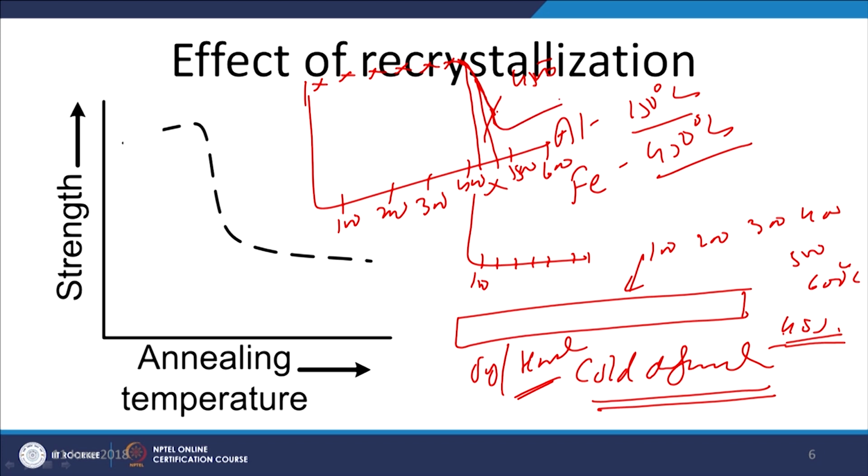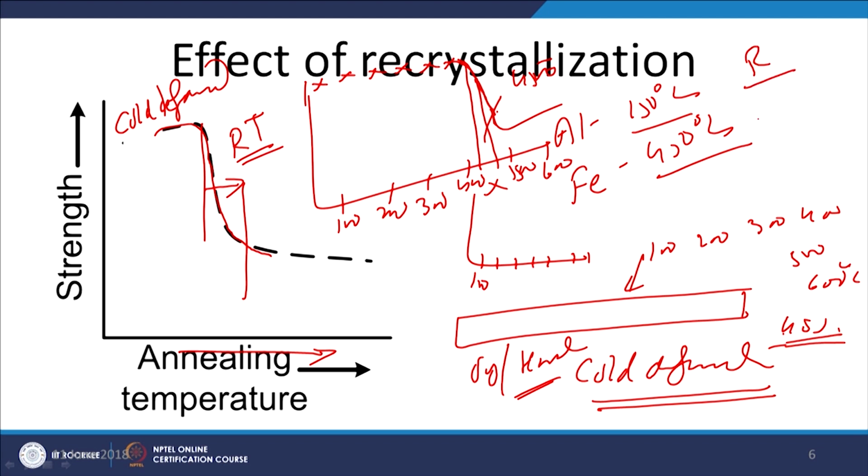So, this is what we can see here. With the increase of annealing temperature, a cold deformed metal is subjected to a drastic reduction in strength as soon as the annealing temperature goes beyond the recrystallization temperature. So, increase in annealing temperature lowers the strength, more specifically above the recrystallization temperature, and this is attributed to the formation of new strain free grains, recovery of the metal, and the recovery will be leading to the reduction in the dislocation density as well as the formation of the new strain free grains as a result of annealing